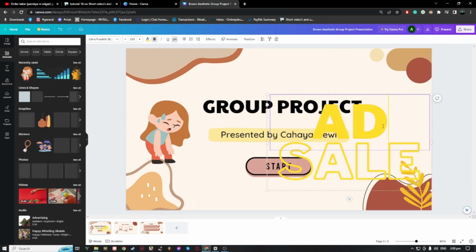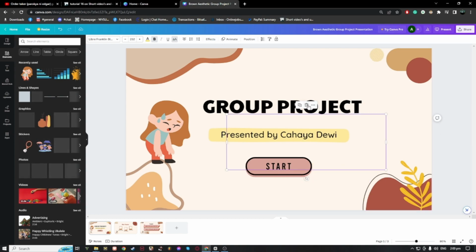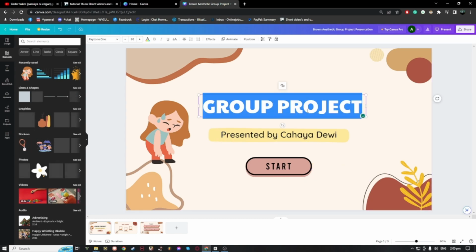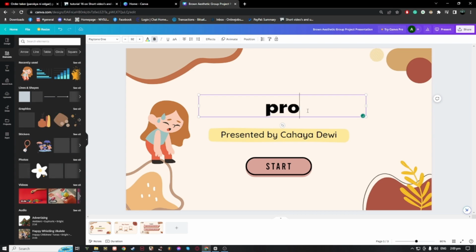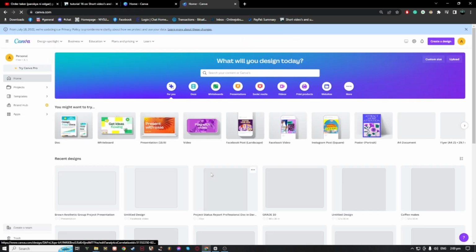So you can just also type in the letters here and also add some elements to the slide that you are working on. So if you're not satisfied, you can also delete this and change the text that is on the Canva right here. So I'm just showing you how to change it. So let us go back again and explore more of the Canva